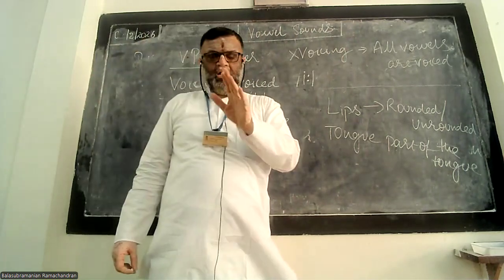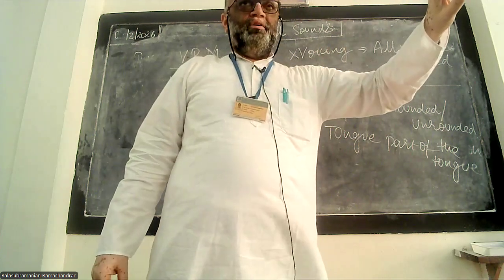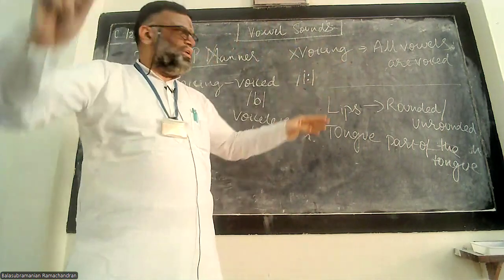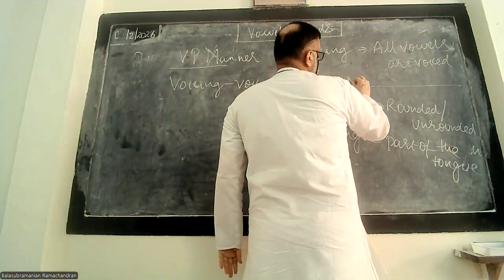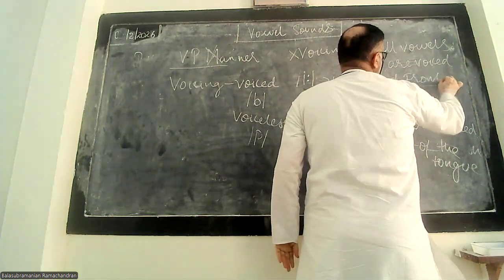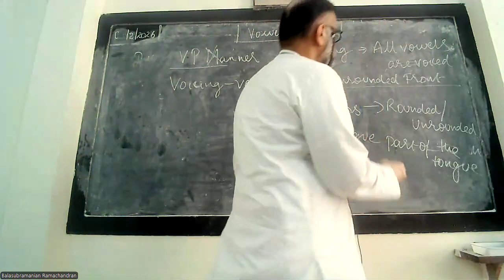Whether it's produced in Hindi or in Tamil, the long vowel E we say is also a front vowel. It's a question of how fronted it is. First we'll look at this and then we'll come. Very good. So E is an unrounded front vowel. What is the third label? Give me the third label.